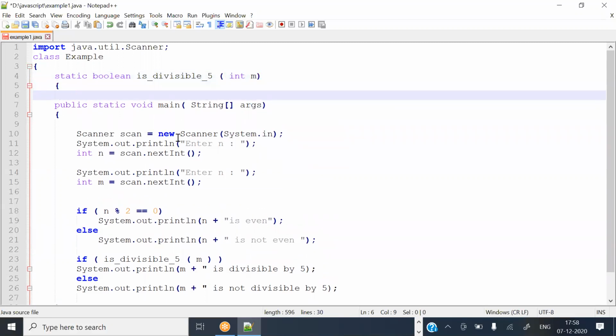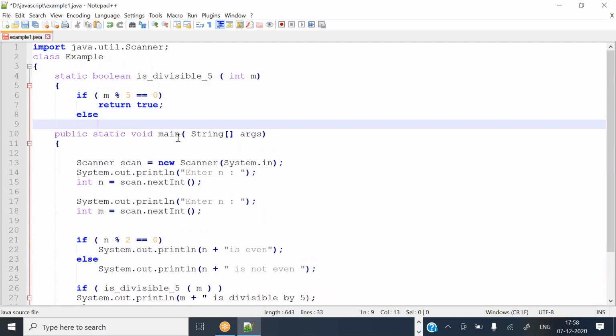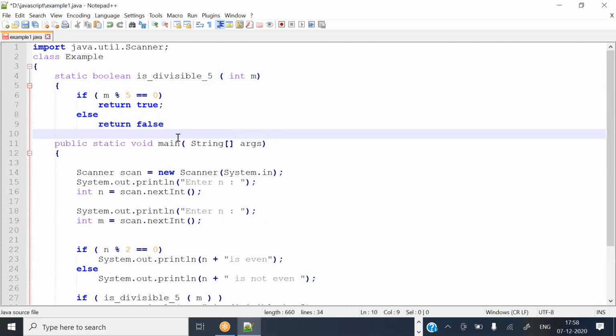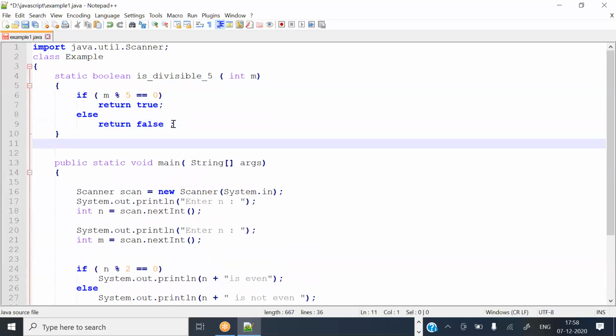Okay, now if m mod 5 equal to 0, return true, else return false. Okay, now this is the function and this is the class. Both the functions are in the same class. Okay,